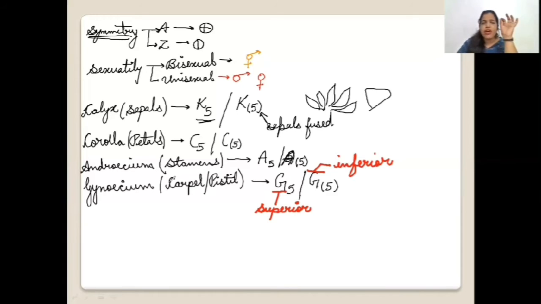Very easy to remember. All the four families we have to study are all the superior ones. So nothing to remember over here, don't get confused. In exams they will give you four formulas which are almost similar, but they will just change the position of this dash. And if you are not careful at that time, you will have the negatives. So be careful about the negatives. So this is the general idea we have for writing a floral formula. Using all these ideas, we'll write the floral formulas.